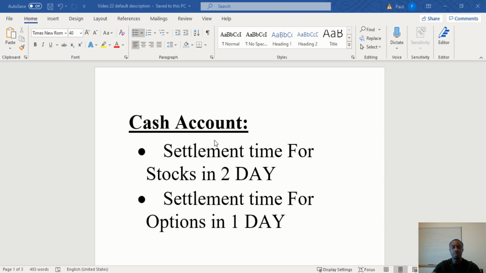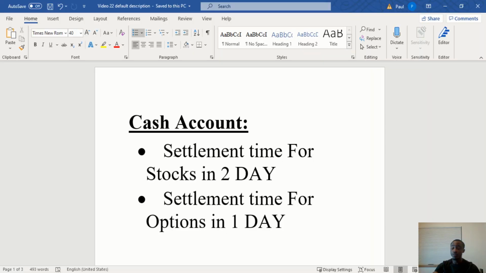The first way to get around the PDT rule is to actually change the account type that you have from a margin account into a cash account, okay? And this is actually very beneficial to option traders like myself because of the difference in the settlement time. Let's look in here. I made this Word doc to really explain this into very simple terms. The settlement time, the time it takes for your money to settle and to be available to trade on that